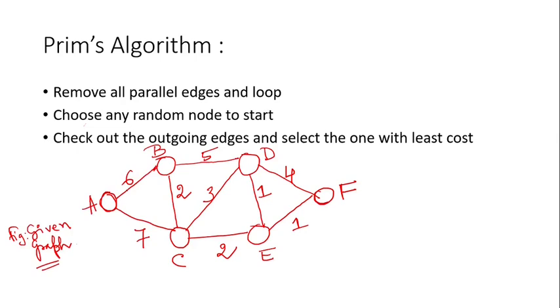So you have option 6 and you have option 7. Obviously you will be choosing 6. So you are going this side and you will be reaching B. So the first vertex visited is A, then you have visited B, because AB is the minimum cost edge. So this is 6.